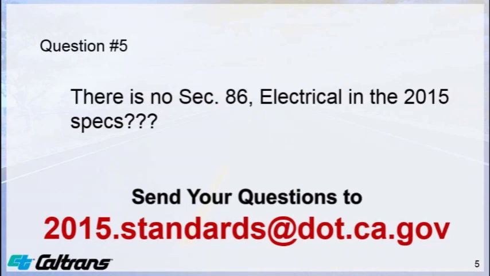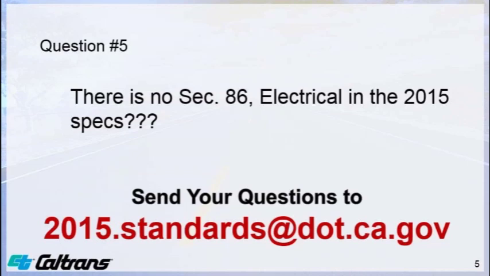They had not been formatted in the new format and not in the 4 parts, and there was a lot of updating, and the decision was made we would hold those until we had it right, and then we would electronically publish those. Those specifications for Section 86 were published on April 15th of